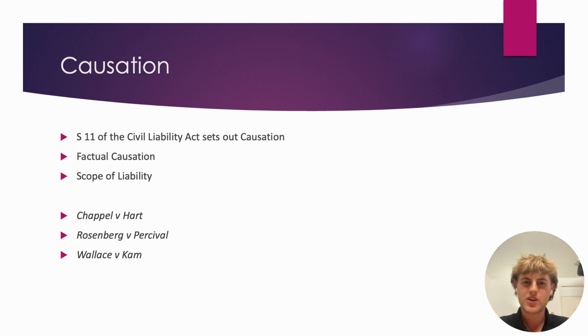So moving on to causation, this is one of the most difficult categories to establish in medical negligence. In establishing causation, it is important to consider what a patient would have done had they been warned of the risk by the medical professional. The general principles of causation are set out in Section 11 of the CLA, but we also look towards common law to help understand how the principles work within medical negligence cases.